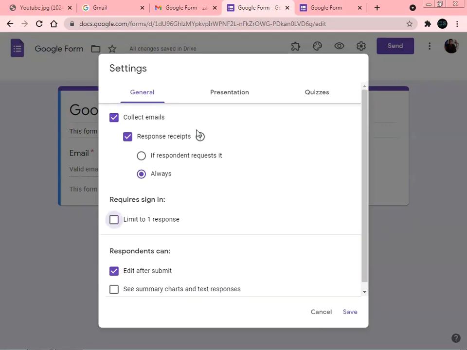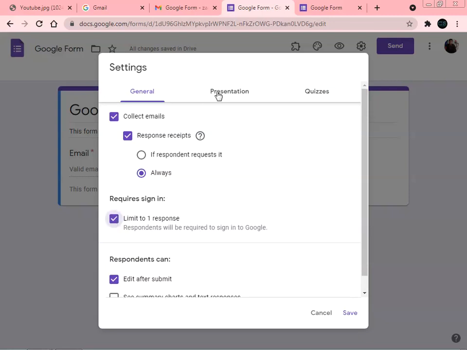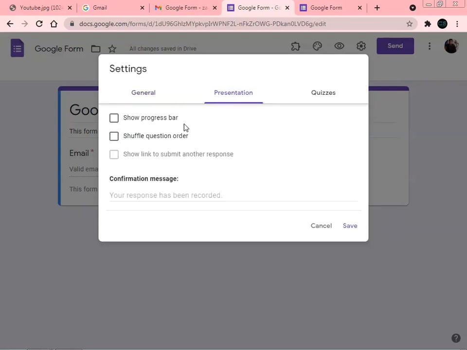The next option we are going to check is presentation. In the presentation we have show progress bar. Progress bar means that if we are going to add a number of pages, meaning we are going to create a number of sections, the user will get the information that this particular form contains three sections, and we are at the first part of the form, now the second part, and now the third part.